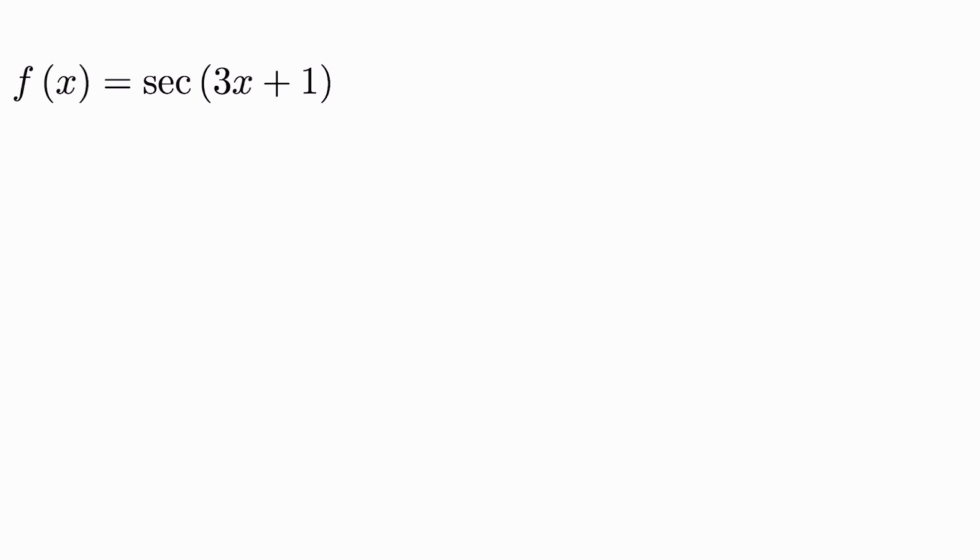So let's just remember the derivative rule for secant of a function u. So the derivative of secant is secant tangent. So that part is consistent with the derivative rule we learned a while ago. But then chain rule says I take that and I multiply by the derivative of u, so the derivative of